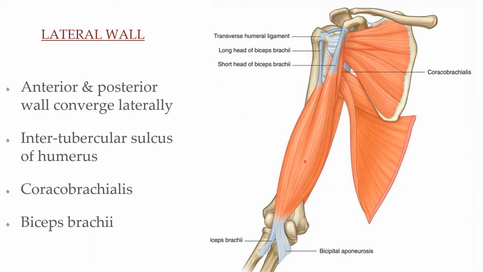This illustration is to show you biceps brachii and coracobrachialis along with the latissimus dorsi present in the lateral wall of axilla. This is the short tendon of biceps brachii. This is the long tendon of biceps brachii. Collectively they form biceps brachii muscle. This is latissimus dorsi. You can see latissimus dorsi getting attached to the floor of intertubercular sulcus, and the short muscle is coracobrachialis. So this is how biceps brachii, coracobrachialis, latissimus dorsi along with teres major and pectoralis major muscle form the lateral wall of axilla.